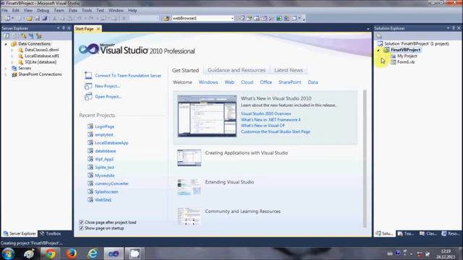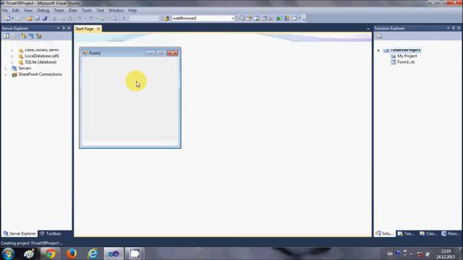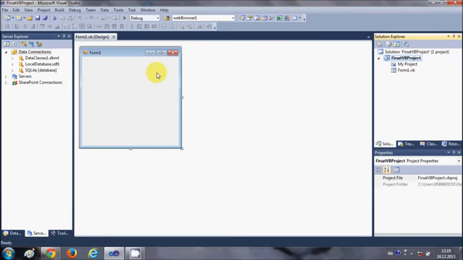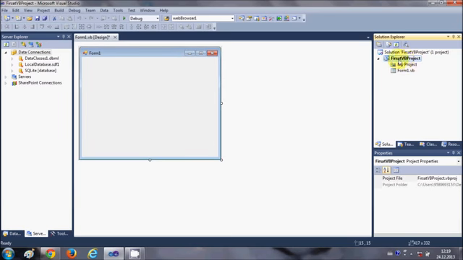Now in here you can see Solution Explorer, to see your project and solution. You have this form and you have the toolbox, which I will show you in a moment. So this is the project where it creates your files, and it will create your file in the Solution Explorer, and it created Form1.vb.